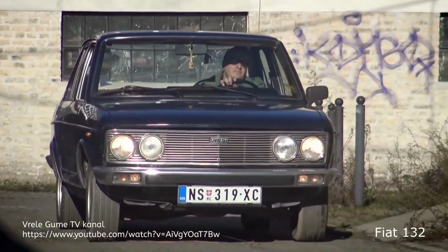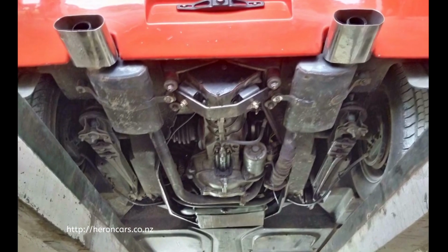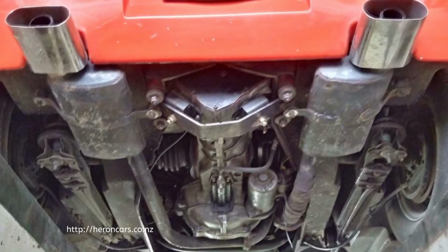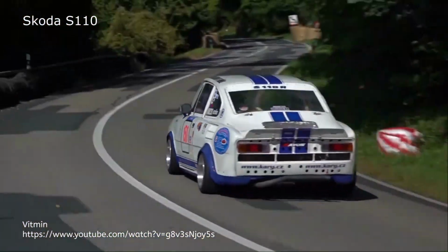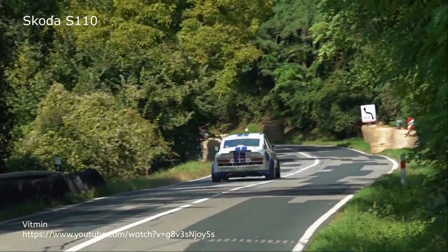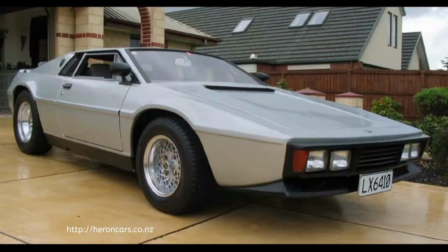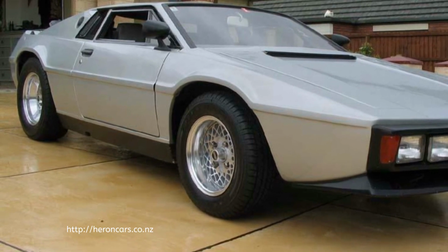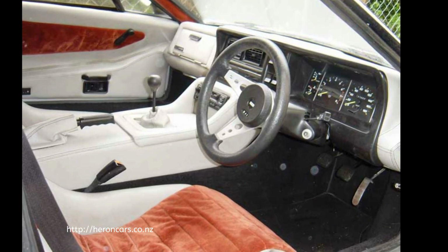This Fiat engine was mated with a Skoda 4-speed gearbox, which was soon upgraded to an in-house developed 5-speed version of the same gearbox. For the suspension, steering and brakes, Heron also used Skoda components borrowed from the S110. Alloy wheels, 13-inch at the front and 14-inch at the rear, were sourced from BBS, and the instruments were taken